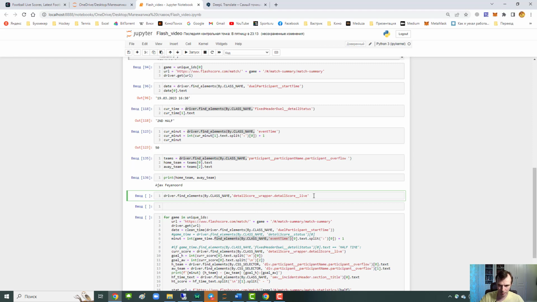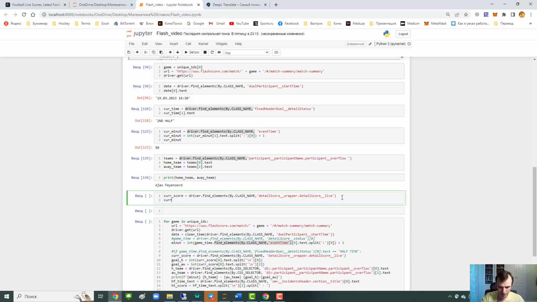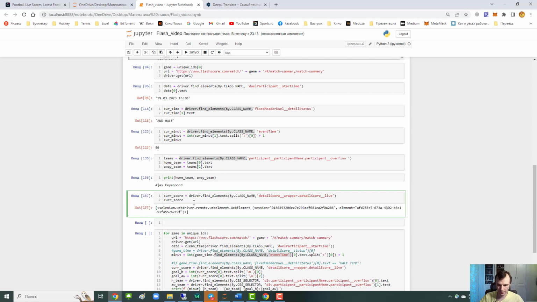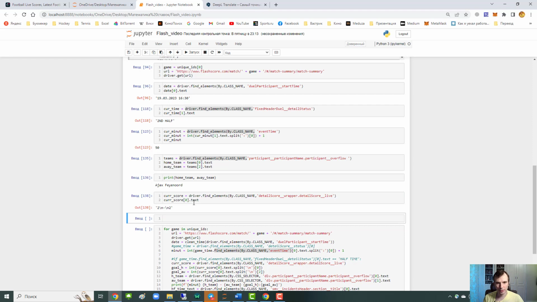Yep, and we put this element into the current score variable. Again, we will have a list with only one element. Let's take a look at what text it contains. Don't be frightened by this strange symbol. It's a space character. To set it aside, we again use the method split